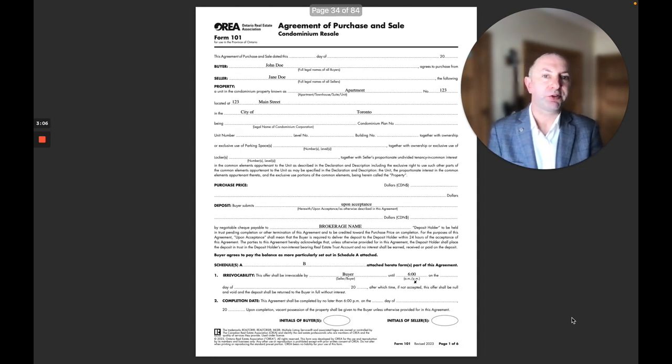Sample purchase and sale documents. Let's say you need to make an offer and in a heartbeat, you want to make sure you get a place quickly, beat out the competition, familiarize yourself with these documents. Here is one for a condominium. And you can see here, we have the buyer, we have the seller, we have the address of the property,